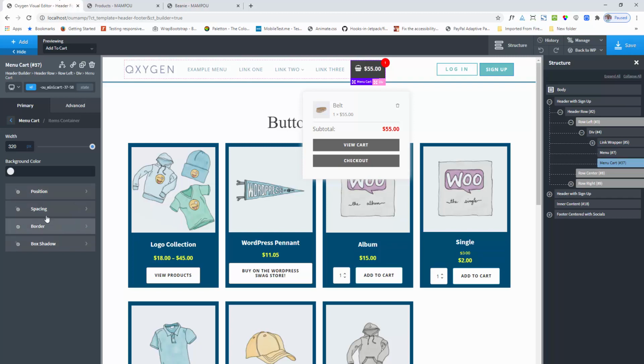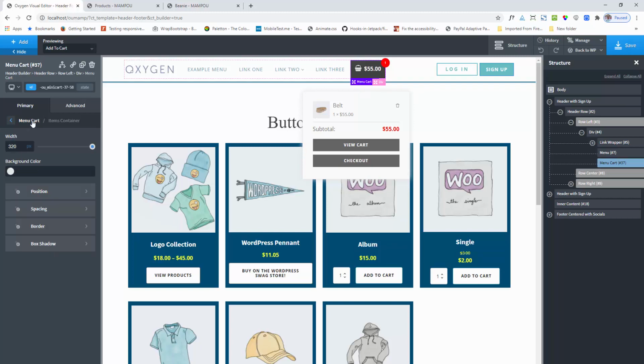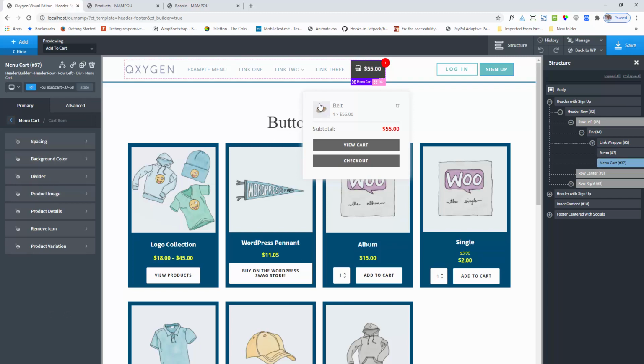Next option is spacing. You can add the spacing, padding. Another option is border. Another option is box shadow. I already added the box shadow, small. And next option is cart items. Cart items section is controlling these cart sections, this row. So you can add the spacing, you can add the background color, odd rows and even rows. Like